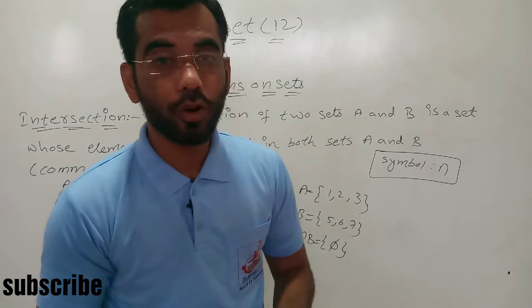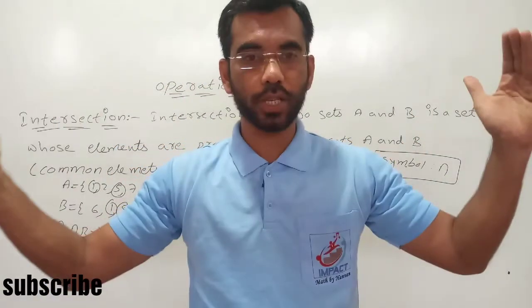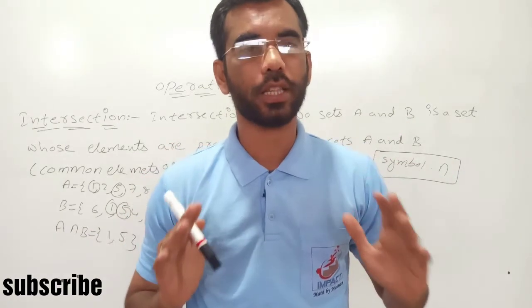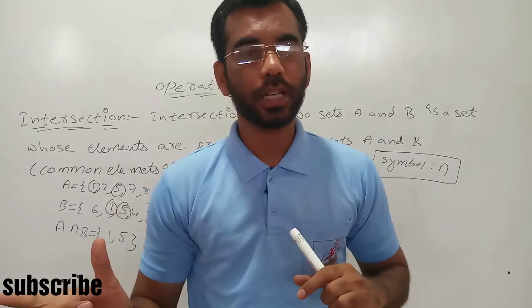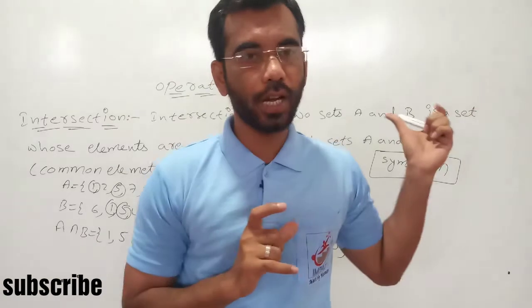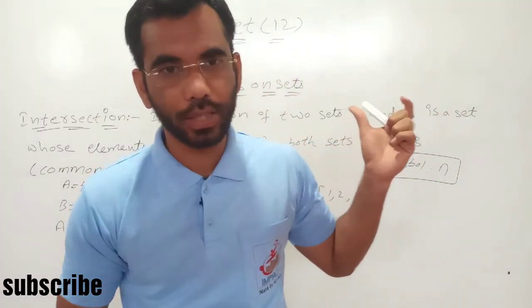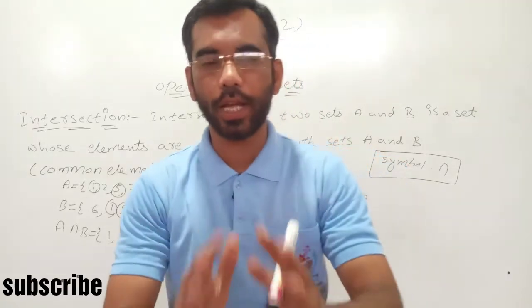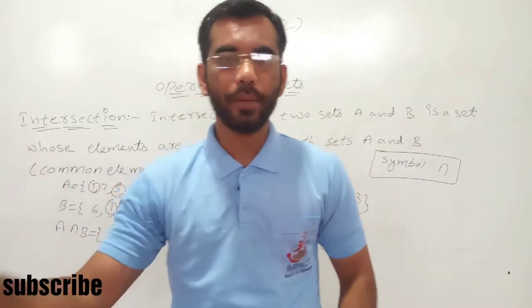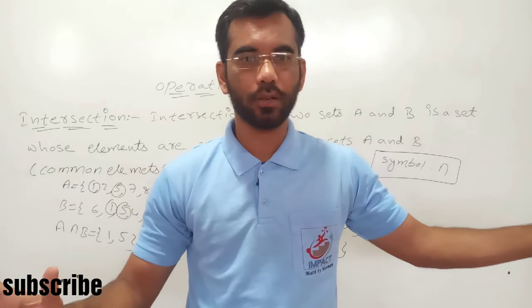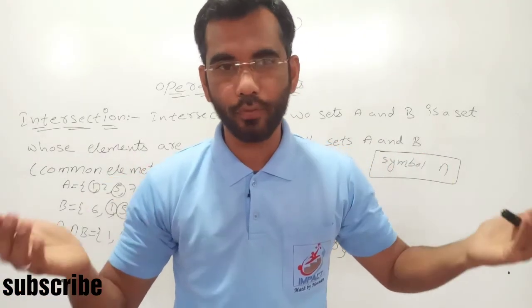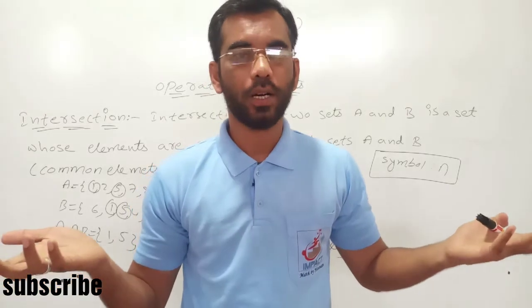That means what is common in both the sets, in the first set and in the second set, you have to write that in the intersection. Here I have taken A and B, and in all the videos I am saying that. It is not necessary that you should take A and B only. A means first set, B means second set. If some other name is given in your textbook, you can use that.